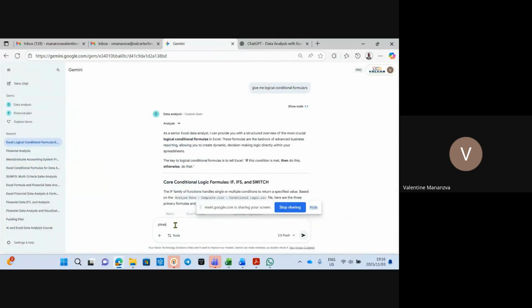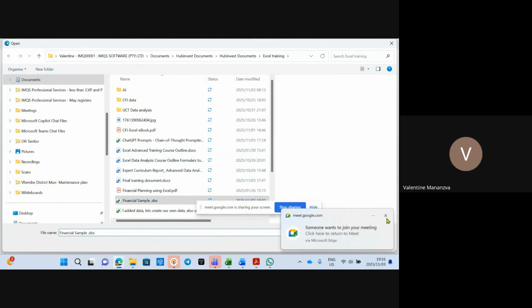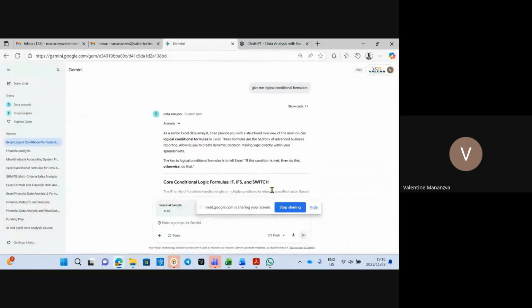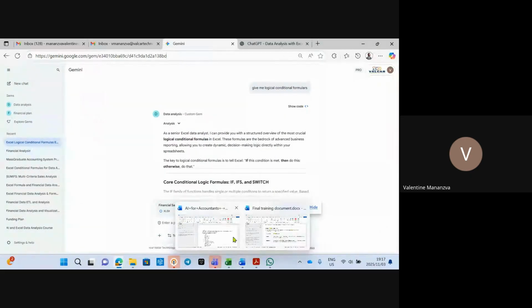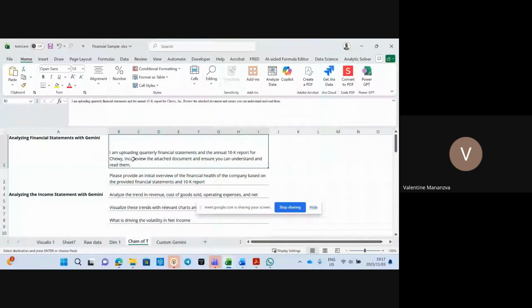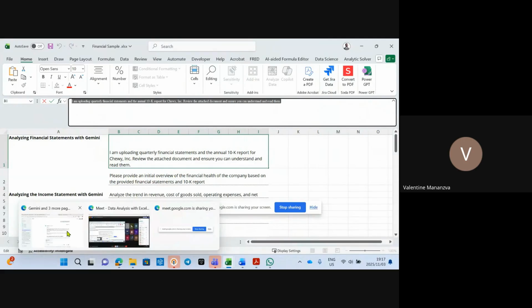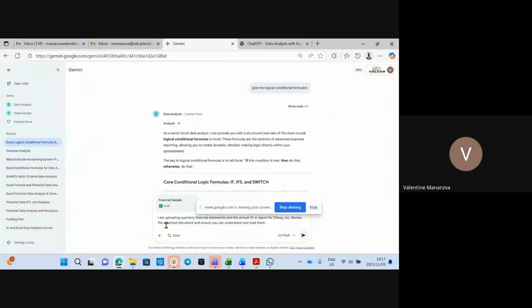So I'm going to now start to prompt my Gemini so that it can also analyze and give me data. Or before maybe I do that as much, I can even add the data which I have created. So you upload your data here, and I'll use this financial data here, which is this. Then I can go to the detail of my prompting, which was giving the chain of thought. So I'm going to take this. Sometimes it's easy to create this chain of thought before the actual day of doing the analysis or to create